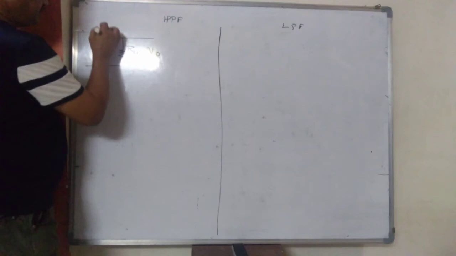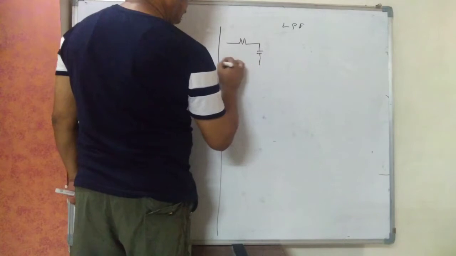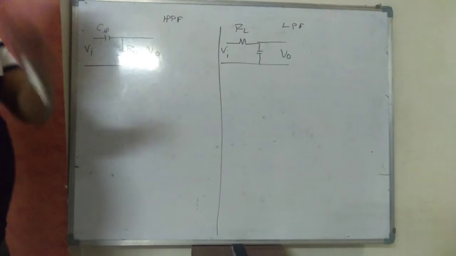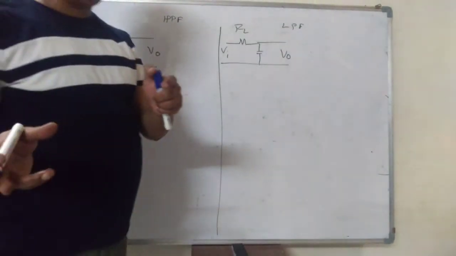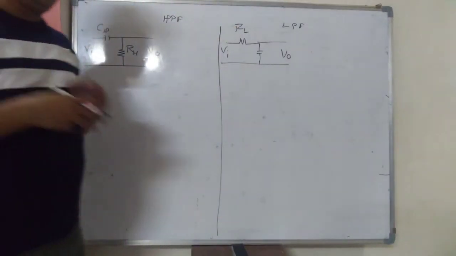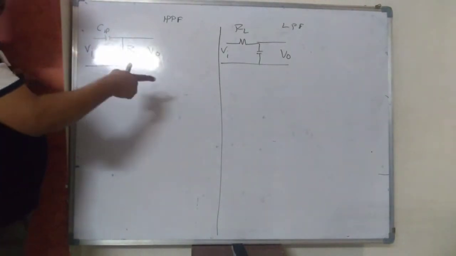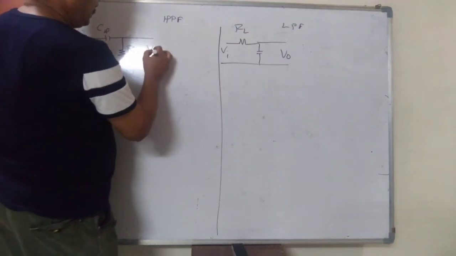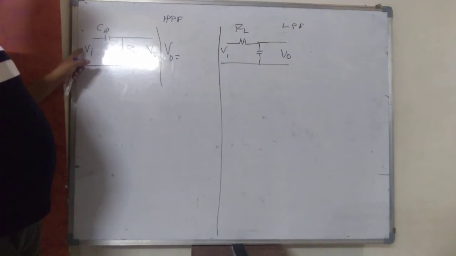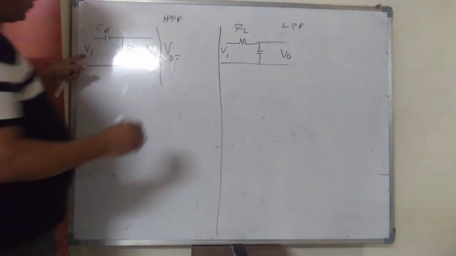This is RH, this is CH. Two extreme cases we have studied, when frequency is 0 and infinity, output between 0 to 1. But when frequency is from 0 to infinity, practically, what will be output? Now we have to write the equation of output using the voltage divider rule. V output is equal to, input voltage is divided in these two. So what will be output voltage? Voltage divider rule.